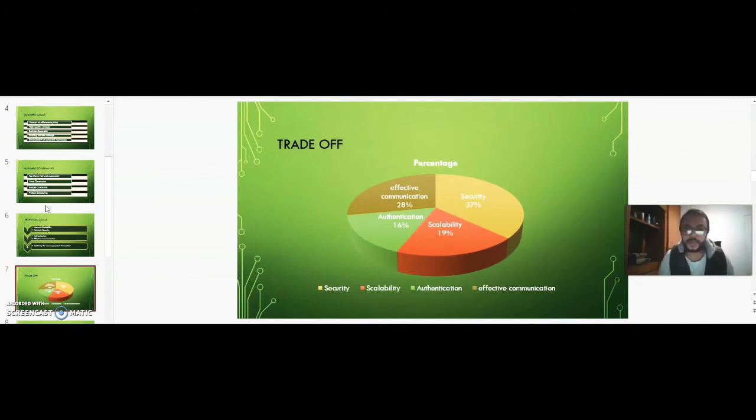As you can see, the importance of the pie chart according to the plan covers security, scalability, effective communication, and authentication. So I'm going to elaborate. According to the goals of the company, the entire technical goals have been separated with the help of the pie chart, which indicates security is 37%, effective communication 28%, authentication 16%, and scalability 9%. The major part is security, which you can see is 37%. So it has to be very secure and safe from any kind of